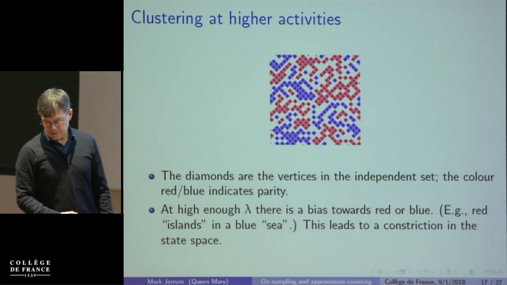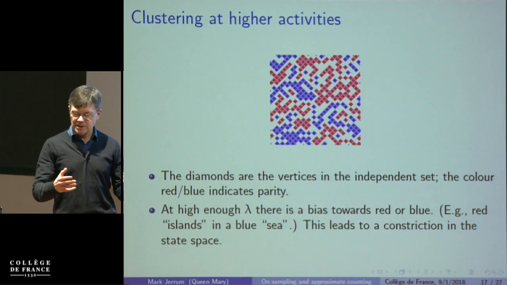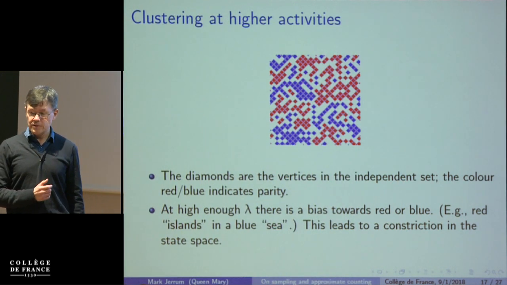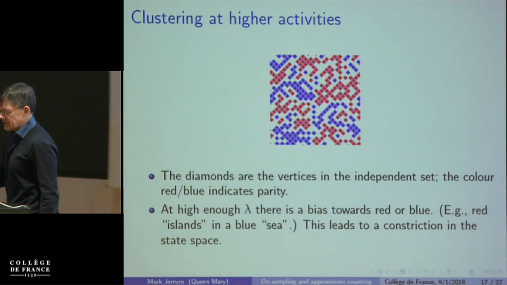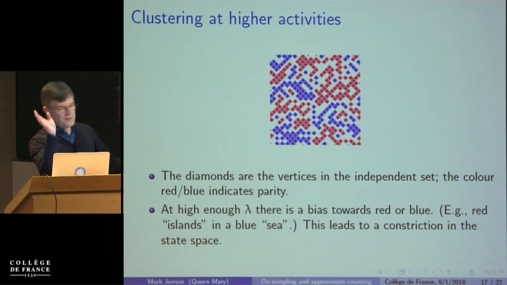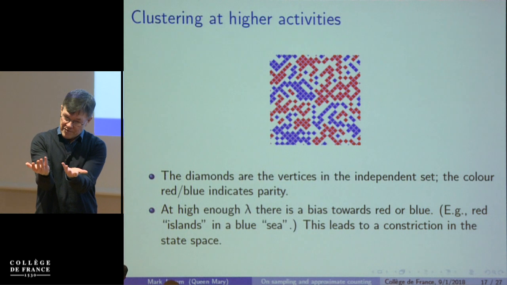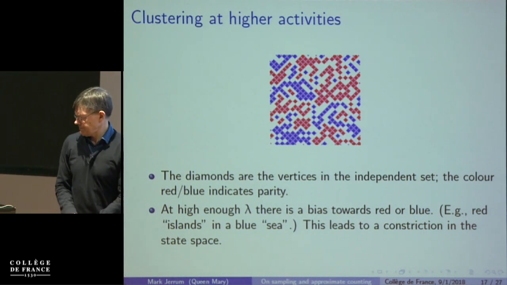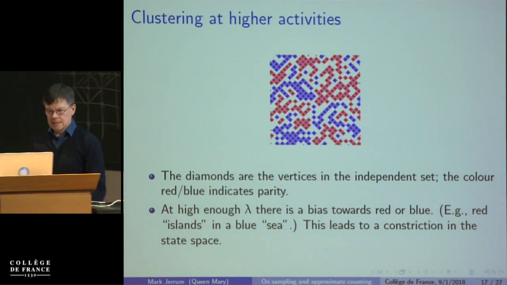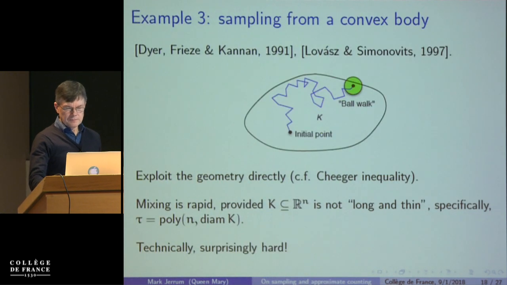And you can imagine that once you've got to the phase transition, this is going to be an obstacle for the random walk method, because there'll be a constriction. Oh, it was far too far back. Okay, and you'll never be able to go from the majority red to the majority blue states. I'll come back to that in a moment.